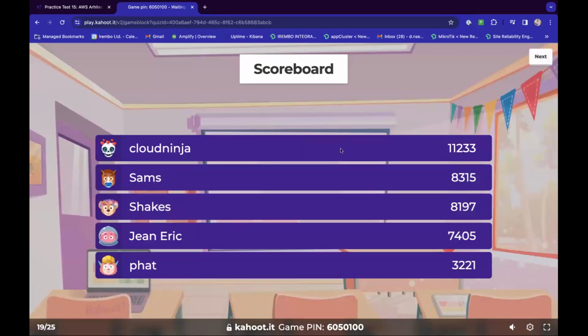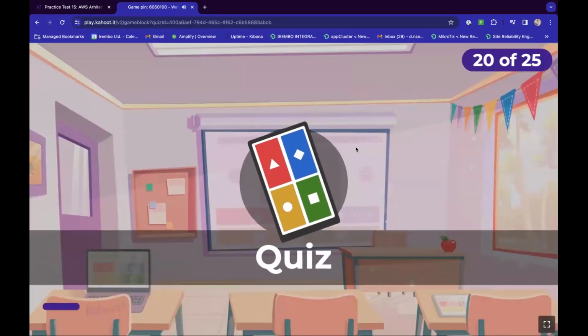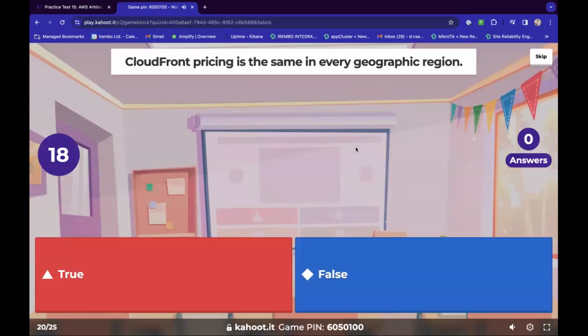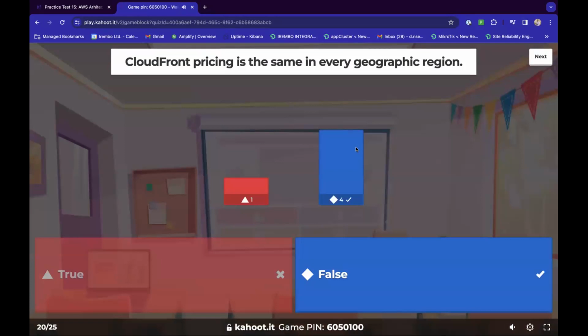We move on to question number 20. So let's move fast. CloudFront pricing is the same in every geographical region. Is this true or false? So yeah, the answer is false. I think this one is not for CloudFront only, but the way AWS does pricing, so for different services, we basically don't have the same pricing in all the regions.